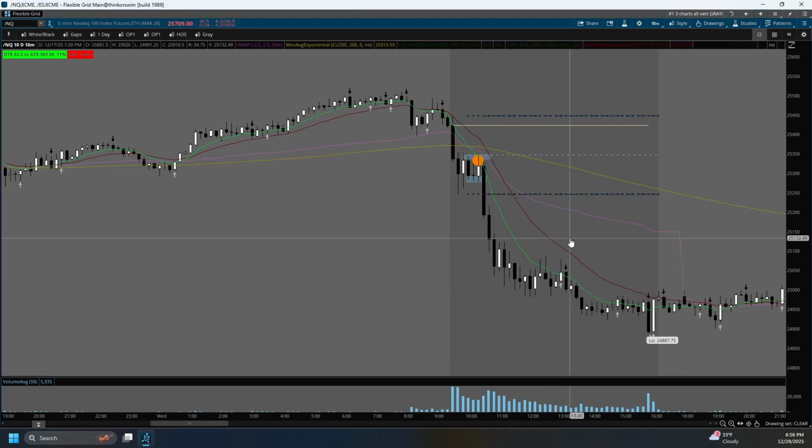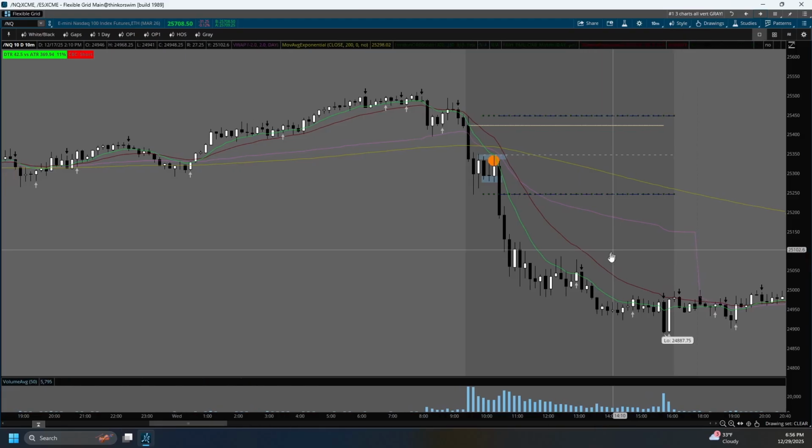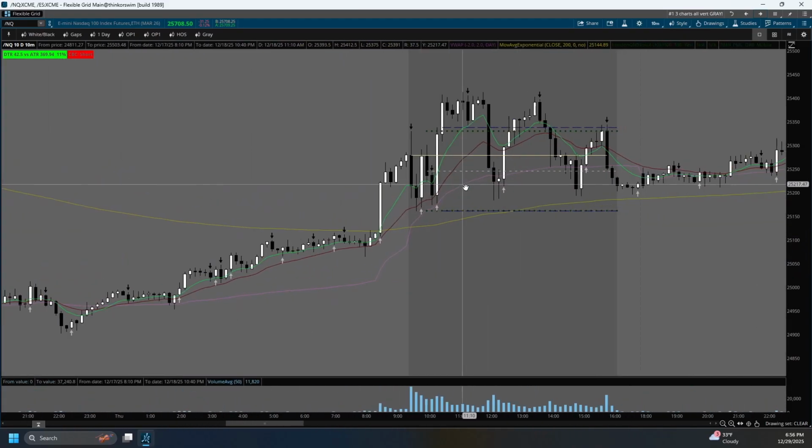And most of the time, and you'll find this if you go back and study, when you get outside of the range, your first candle-by-candle flip back against the trend, so if we're trending down, it'd be the first long flip, it's usually a fake. It's not going to pan out. And like here, it doesn't pan out. So if you go and look at trend days when we get outside of the ORB,